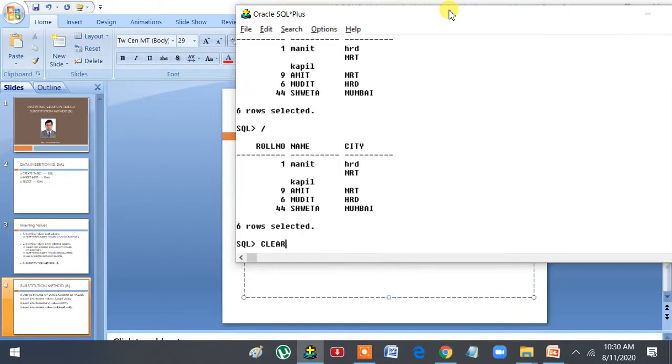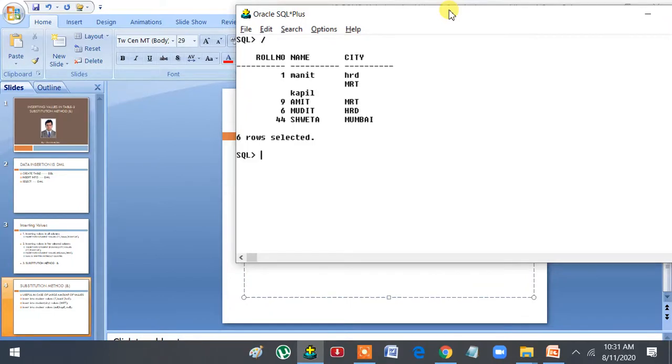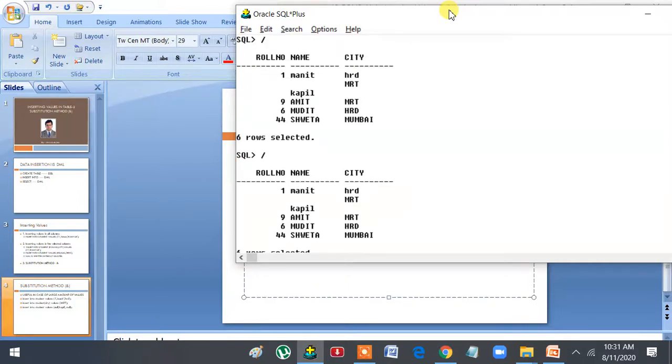Now suppose I type clear screen and now I press slash again. Because clear screen was an internal command, not a query, it is not repeated. What was the last query? Slash. So remember, slash is not for inserting values. Slash is for repeating the last query. And the last query was that insertion method query.